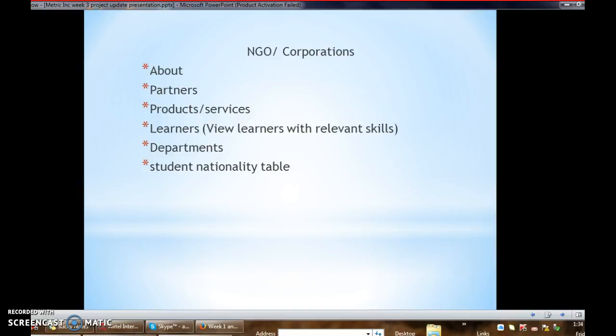The next slide, we are going to handle the NGOs or the corporations. So on this dashboard, we are going to have the about us. This is going to talk about the NGOs, then the partnering NGOs, then the product or service that these NGOs and corporations are offering to Africa Working. Then we are going to have the learners. The NGOs will be able to access the details of the learners because these NGOs are equally potential employers of these learners. Then there are going to be the various departments that are available in each NGO or government corporation. So these departments will be able to specify which student is to go under which